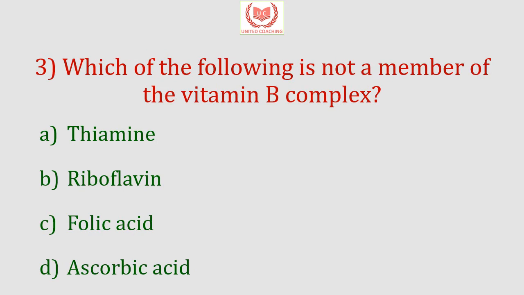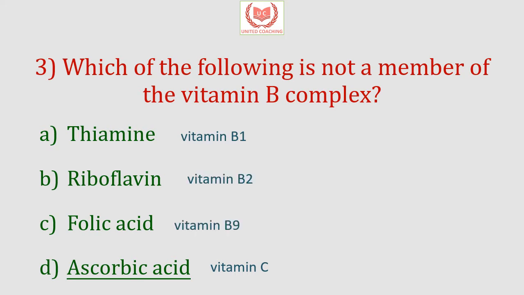Our next question is, which of the following is not a member of vitamin B complex? So is it thiamine, riboflavin, folic acid or ascorbic acid? So answer is ascorbic acid. Now ascorbic acid is vitamin C, and thiamine is vitamin B1, riboflavin is vitamin B2 and folic acid is vitamin